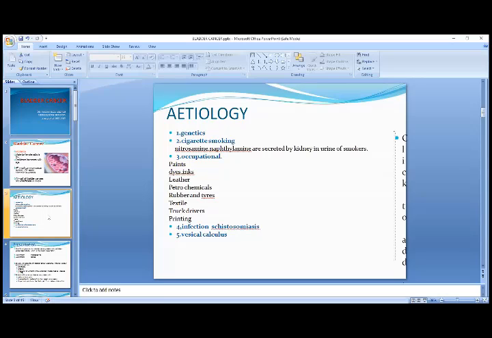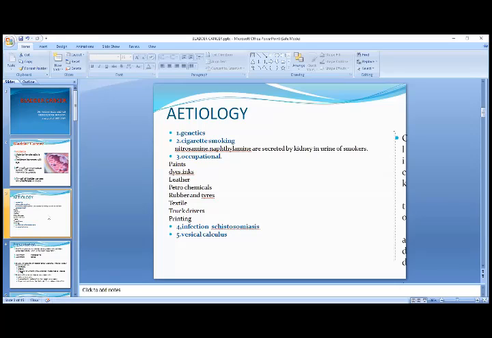Second most common cause is smoking tobacco. So previously I told you that this disease is more prevalent in males as compared to females. So here comes the cause of this prevalence, that why 3 males are affected as compared to 1 female. This is because of cigarette smoking, because mostly in our society and worldwide, the smoking incidence is higher in males as compared to females. That's why the males are more commonly affected by this bladder cancer,